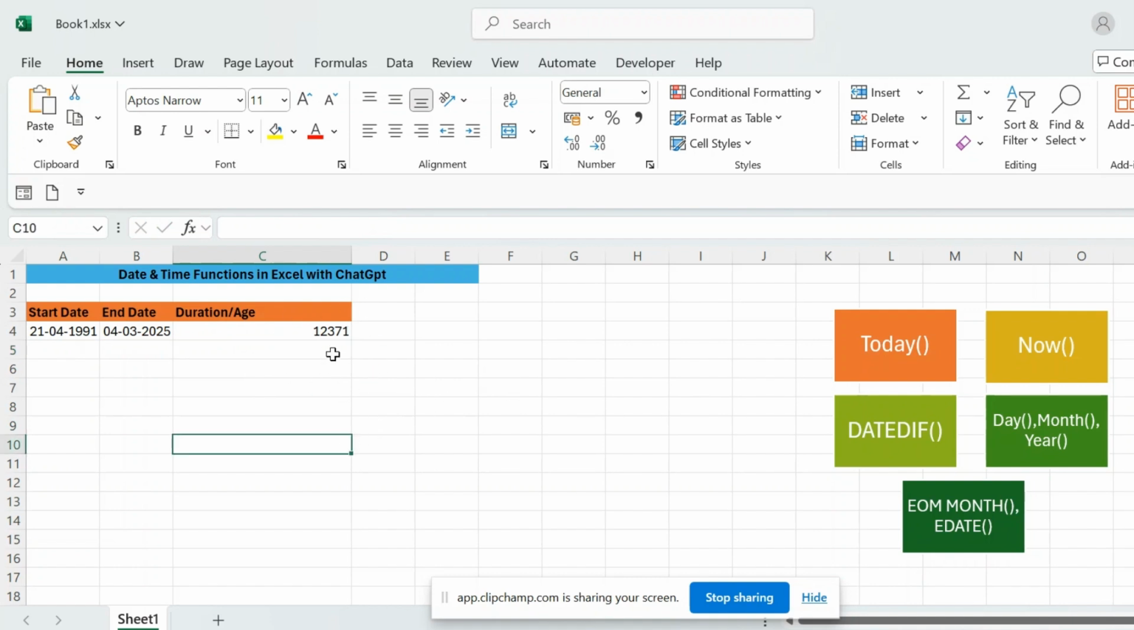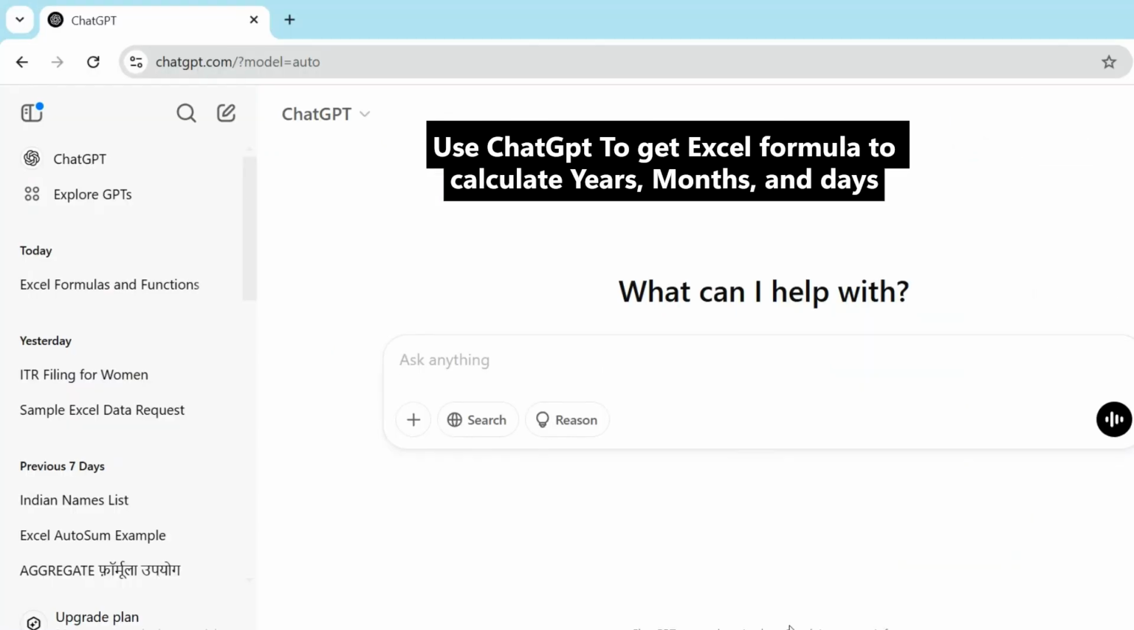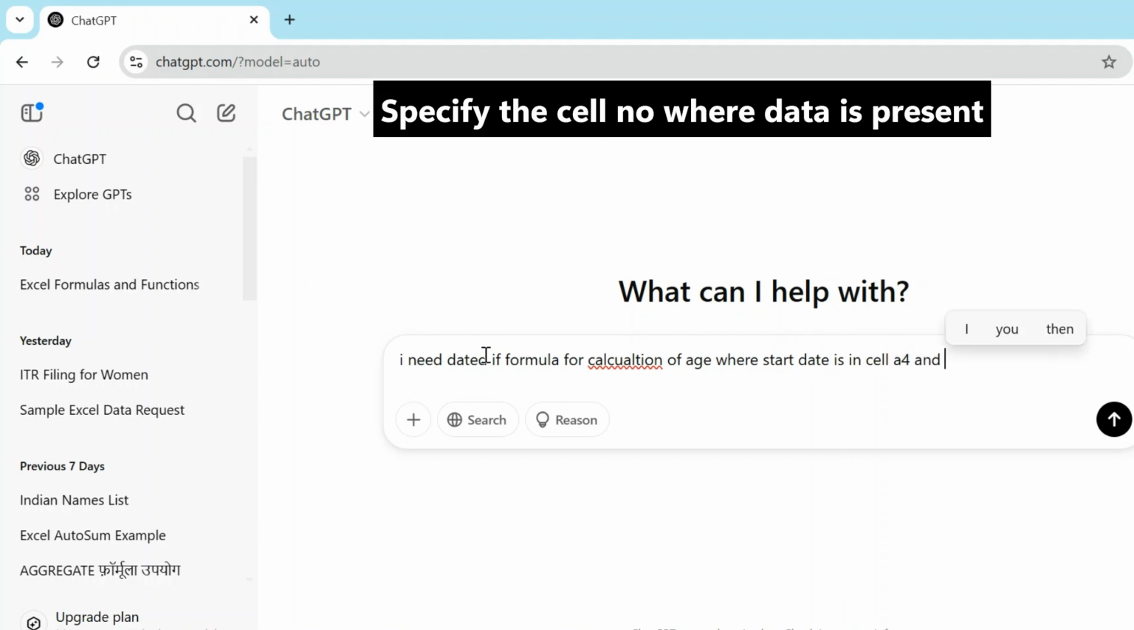So this is a small formula which you can remember easily. However, if you want the exact date with years, months and days, you have to type a long formula of DATEDIF, and for that you can take help from ChatGPT. So you will open ChatGPT and here you will type: I need a DATEDIF formula for calculation of age where start date is in cell A4 and